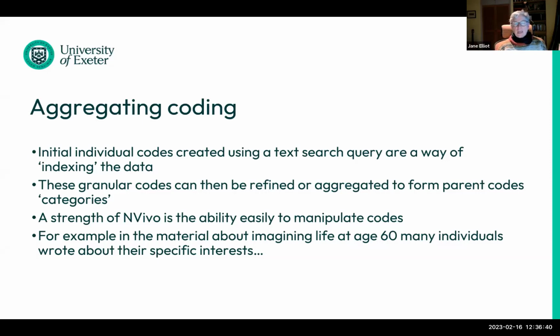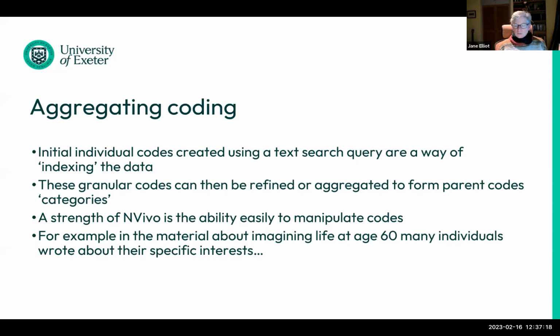codes or categories. And there's lots of books about qualitative coding and different ways of doing it, and there's slightly different terms used by different schools of thought in qualitative research. So I'm aware I'm talking in quite general terms here, but what I want to bring through to you is that the strength of NVivo is that you can easily manipulate codes. I sometimes think of codes as a bit like containers, and you put things in a sort of digital container within NVivo, and then you can easily split that into sub-containers, or you can aggregate it up into a bigger